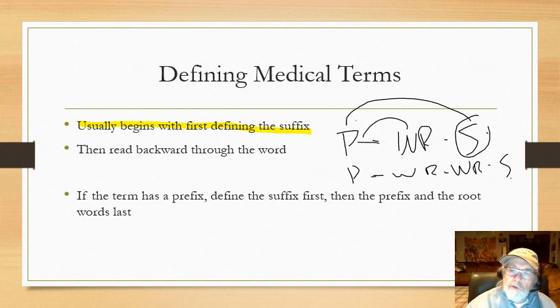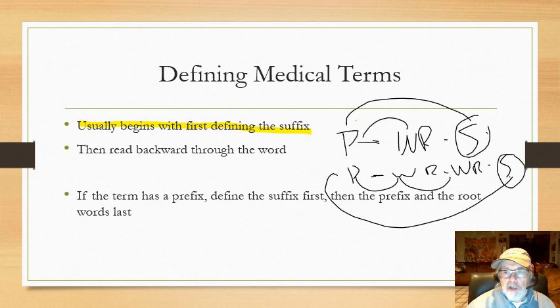If I have two word roots, I'm going to still start with the suffix first, go to the prefix, then read through the word in this direction until I get to the suffix. And basically that's how I define a medical term. It's pretty simple, okay? So in other words, if I have a word that I've never seen before, start with the suffix. What does that suffix say? And then go to the beginning of the word and read from left to right. And that's how we define medical terms, even if we might not know what they are, okay? So that's pretty